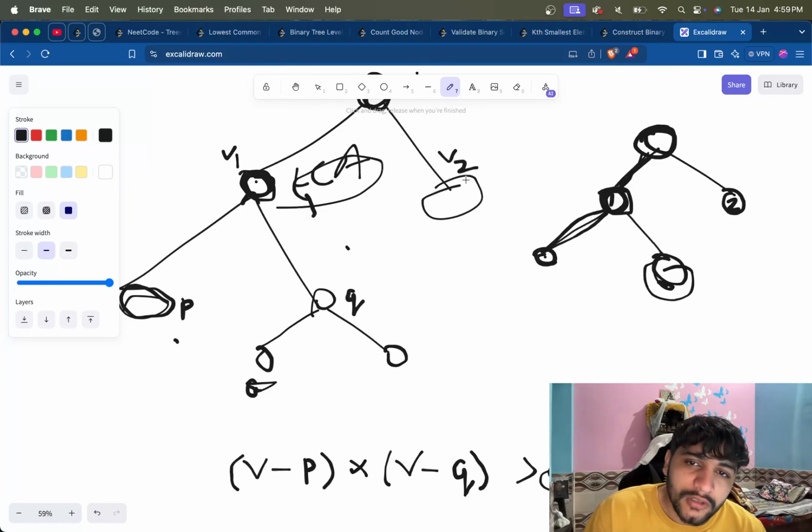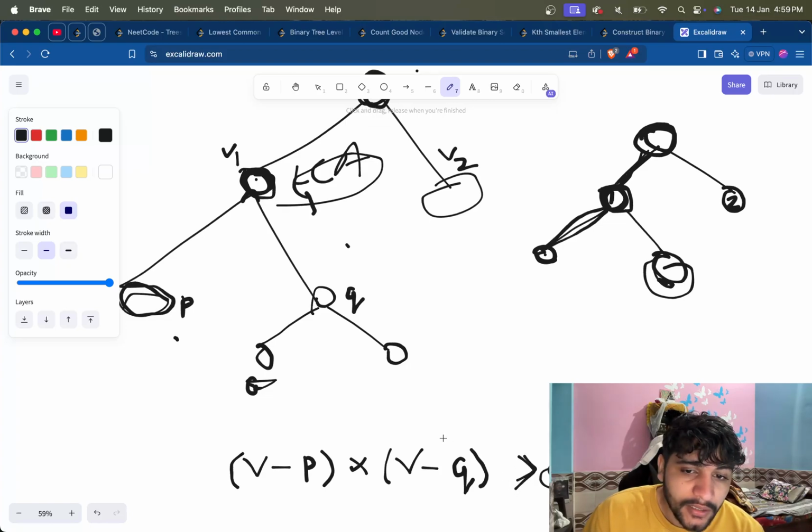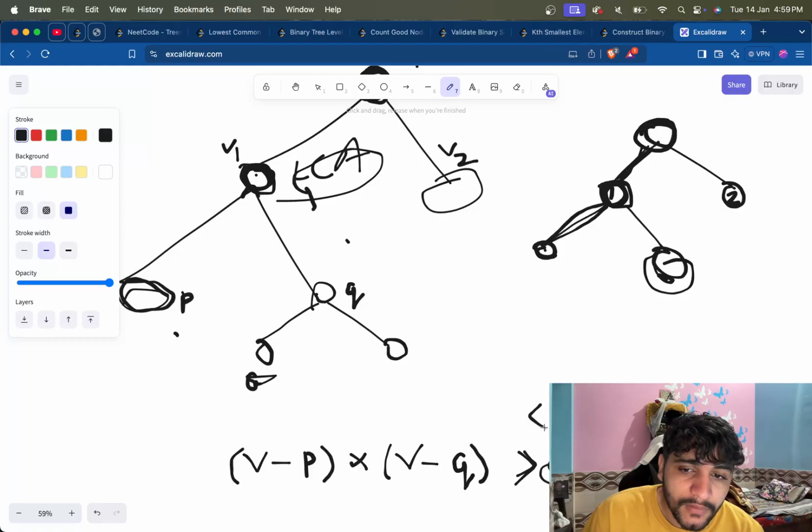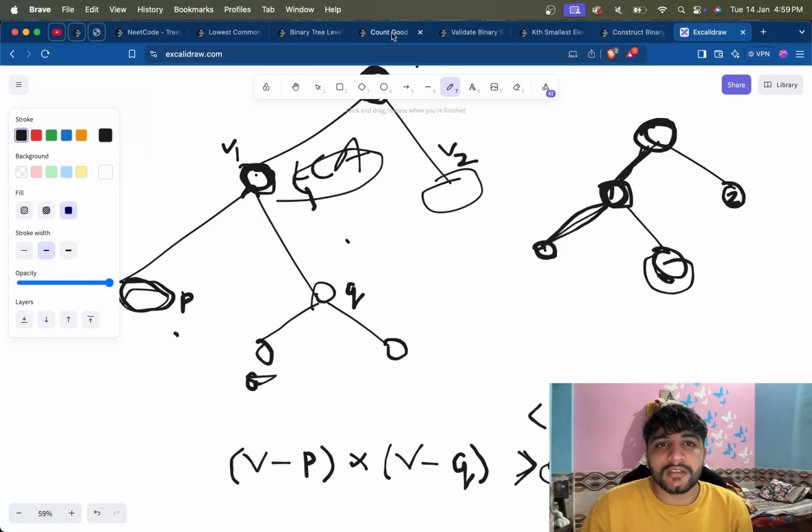Even if they both were on that side, then V will be less than P and V will be less than Q. If P and Q are both on this side, then this will be negative, this will be negative, but the result will be positive, right? So this means that whenever this result is positive, they both are on the same side. And when this is less than 0, they are on different sides. So we'll go according to this condition that